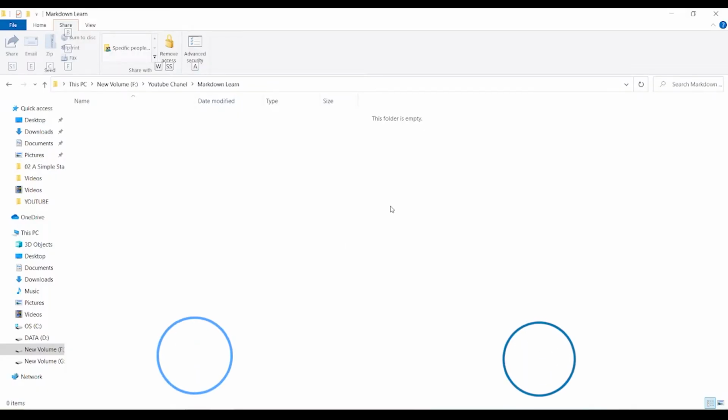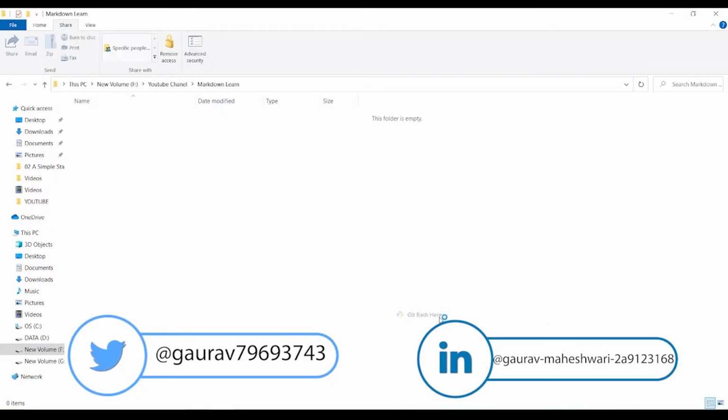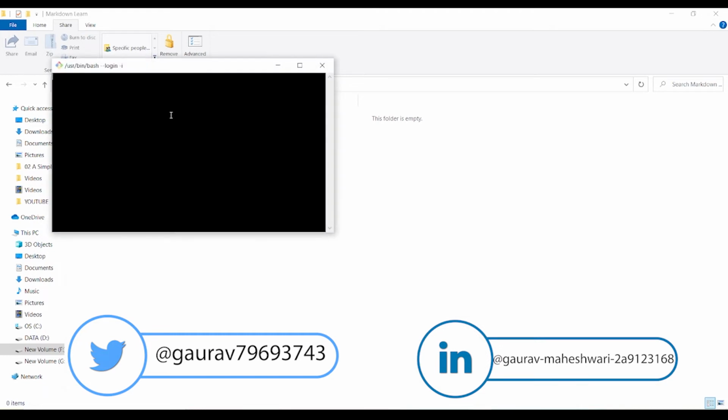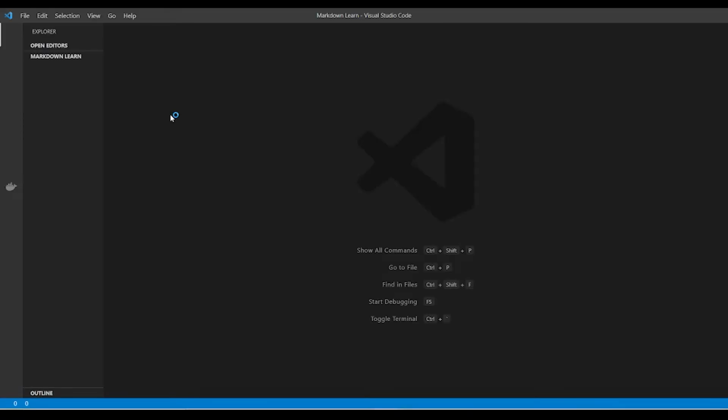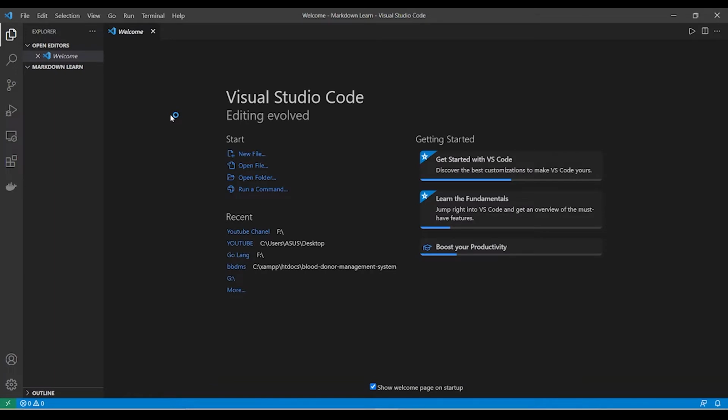So you're at my computer screen and we'll be opening VS Code by opening our git bash and typing code dot. Till it opens, let's discuss something about Markdown. So basically Markdown is a very lightweight scripting language. Markdown is widely used in content writing, in some blog post websites, or in GitHub readme.md files.